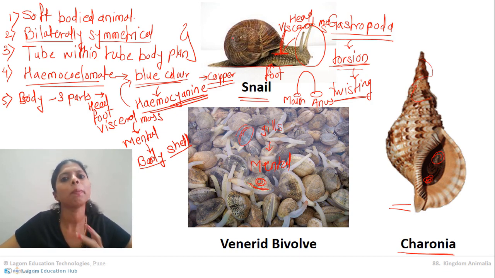This animal has a very complicated nervous system. It is a ganglionated nervous system, like we have studied previously in Arthropoda and Annelida, but still it is a little bit more advanced. It has 3 types of ganglia. In the head region it has the cephalic ganglion. We will study it in detail a little later on.